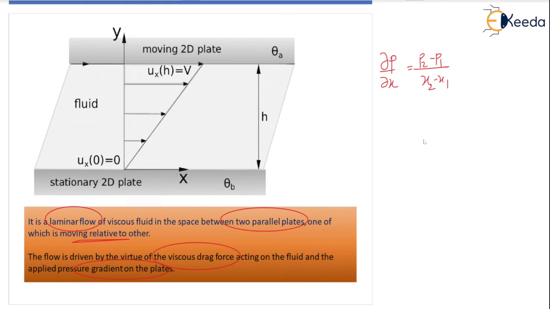Because of pressure only, the fluid flows now, mostly from high pressure to low pressure. So this is the height or distance between the two plates, x axis here, y axis here, and this moving two-dimensional plate. And this is the velocity profile, linear, u by h. That means you want to find the velocity at any distance. So at height h, then v is the velocity. Here your height is 0, so velocity is 0, and fluid is present in between the plates. Okay, thank you.